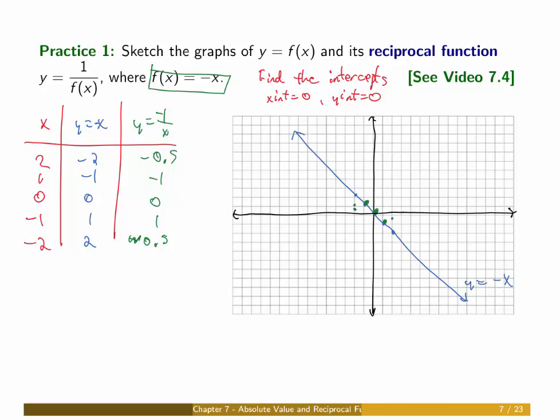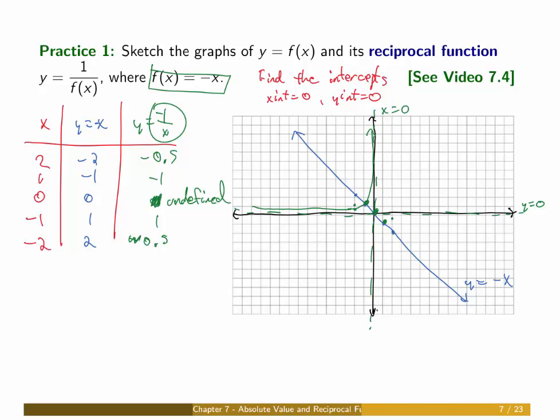right around here. But this is impossible to graph unless you draw the asymptotes, and in this case the asymptotes will be, once again, at 0 and 0. Remember, take a look at this. When x is 0, it's undefined. Okay, and actually that's my mistake right here. This should say undefined. Therefore, when you graph, you're going to be going through these points,